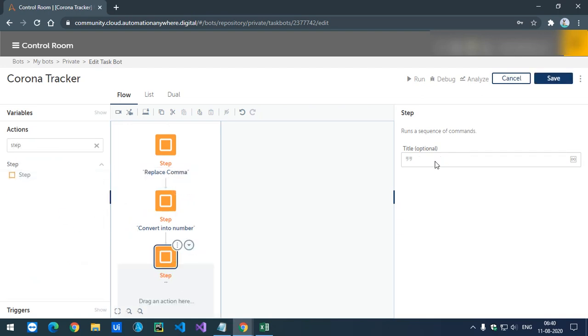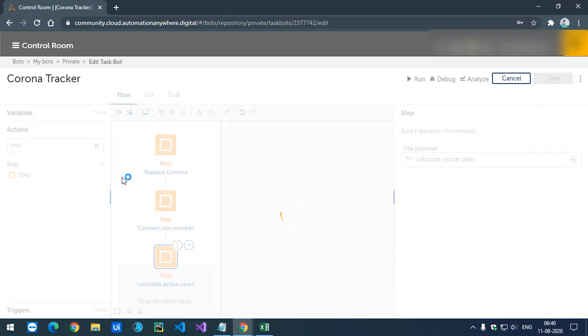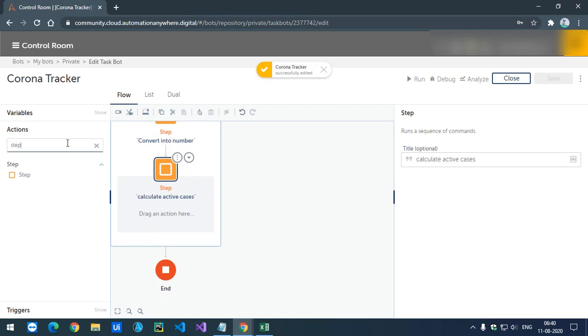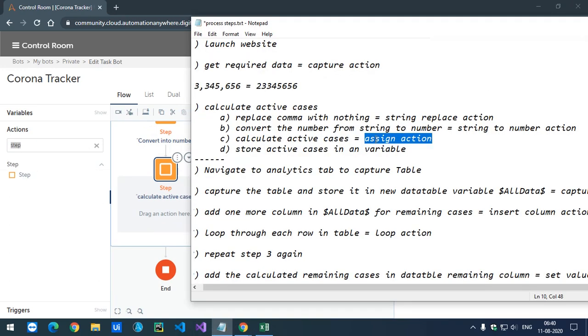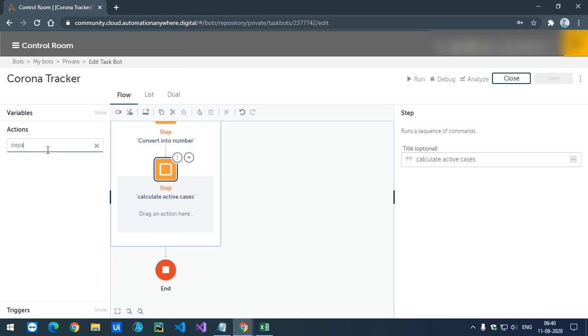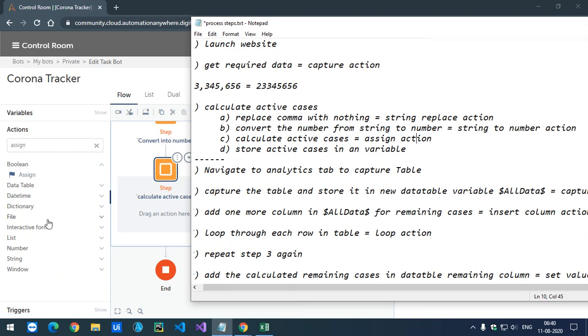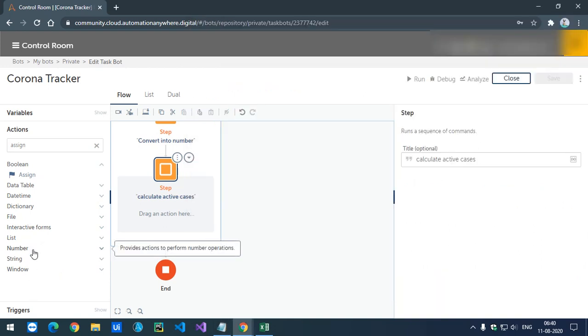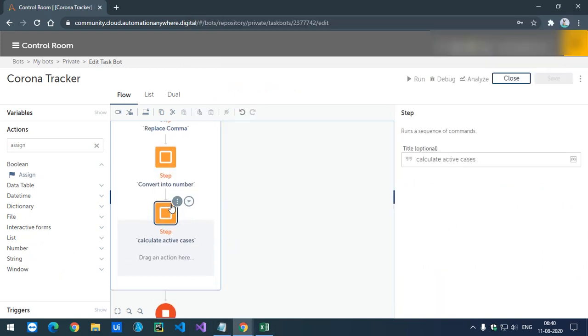I'm just going to name this calculate cases. Now what we are going to need here is the assign action. If you look here, with the assign action we are going to perform the calculation with numbers.